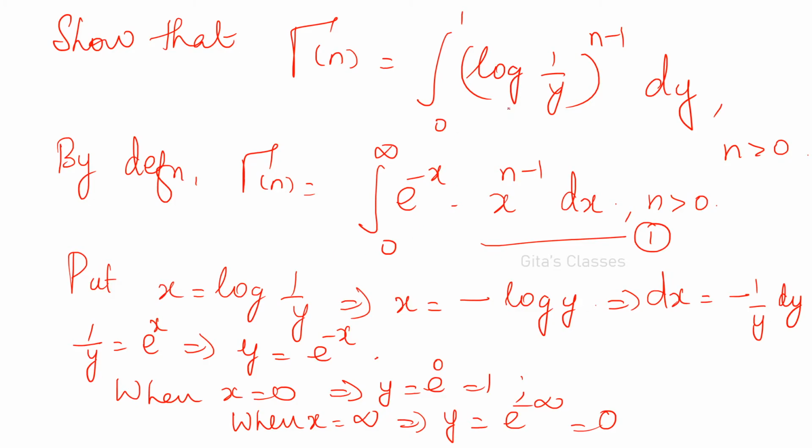All of you understood? Here the x power n minus 1, here log of 1 by y the whole power n minus 1. So from this you have to find out what is to be substituted, what is asked. Okay, according to that you have to make the substitution. Now x is equal to log of 1 by y I have substituted. That means log of 1 by y can be written as minus log y, since you know that log of m power n can be written as n log m. That logic only I have applied here. Okay. So x is equal to minus log of y. So if you differentiate, dx is equal to minus 1 by y into dy.